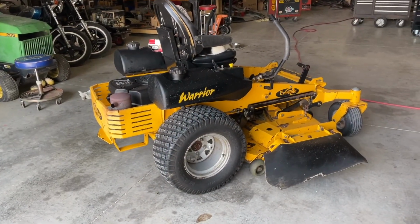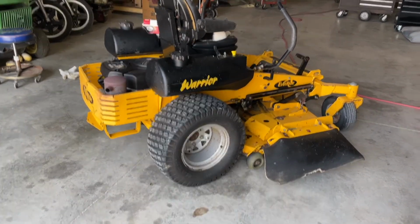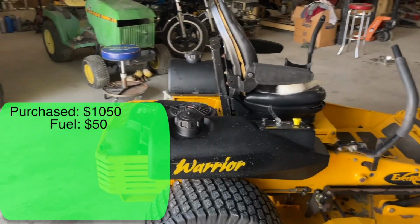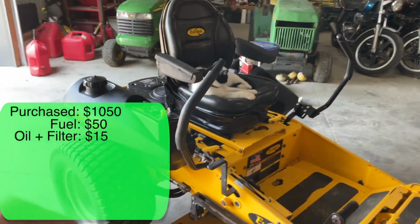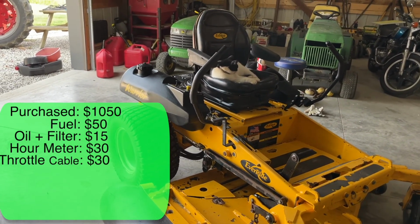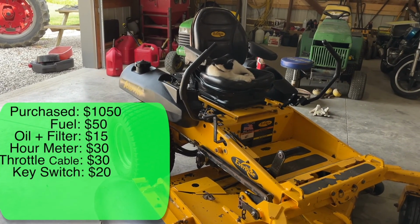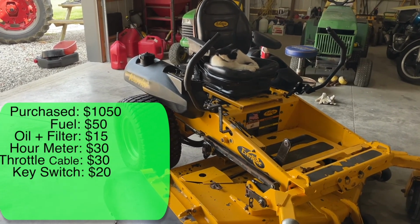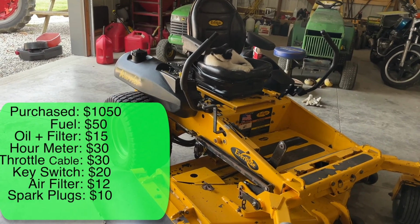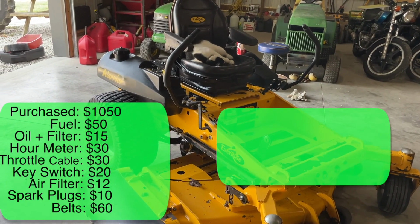All right, so now that I got this sold, we'll talk about the important part, the profit, because if it doesn't pay to do this stuff, it doesn't make sense to do it. So I paid $1,050 for this. I had to drive quite a ways to pick it up, so I'll tack on $50 for fuel. I changed the oil and oil filter. $15. I had to put a new hour meter on it. That was $30. A new throttle cable, even though I ended up using one I had, I still had to buy one. That was another $30. Key switch, same thing. I ended up reusing what was there and fixed it, but I still bought a new one, so that's $20. Air filter was $12. Spark plugs, $10. And I had around $60 in belts. So that gives me a total of